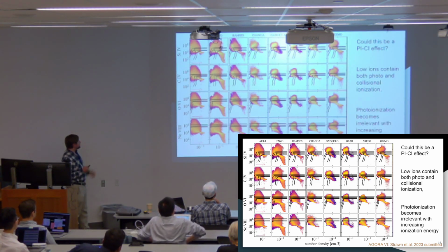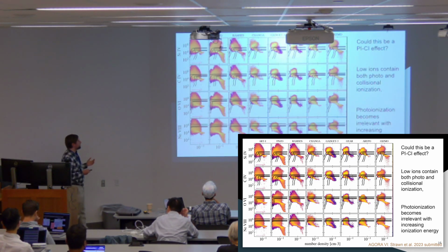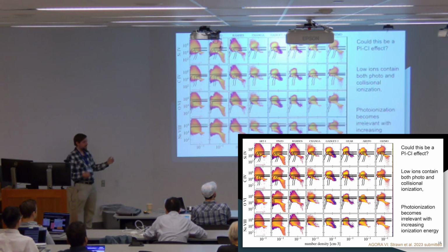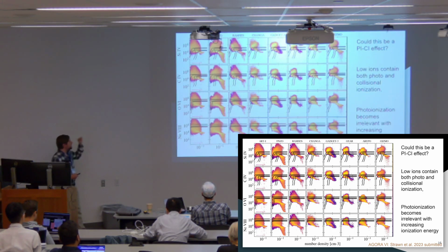For the low ions, the photoionized peak somewhat overlaps with this cooling flow, these cool streams that are coming in in the CGM. And when you go to these higher ions, when you go to carbon 4, this less overlaps with that stream. When you go here, it's way too low density to appear on that stream. And you go to neon 8, the photoionized peak is basically off screen. You can't actually get photoionized neon 8 in these simulations. So we're getting a change from something that depends more on density, which changes a little bit more with distance and within a phase, to something that depends on temperature, which stays pretty much fixed with phase.